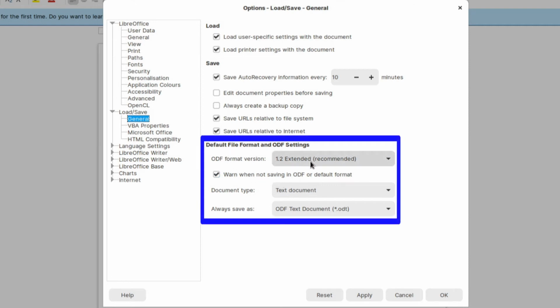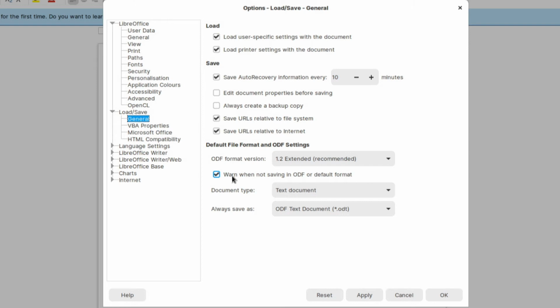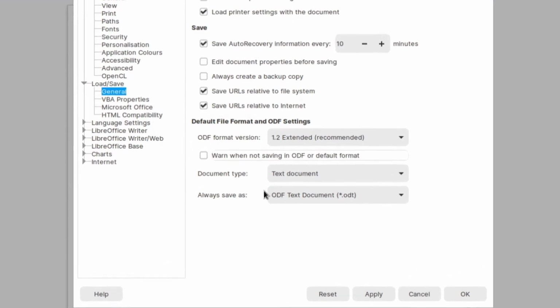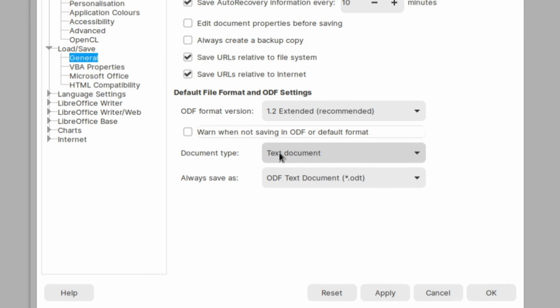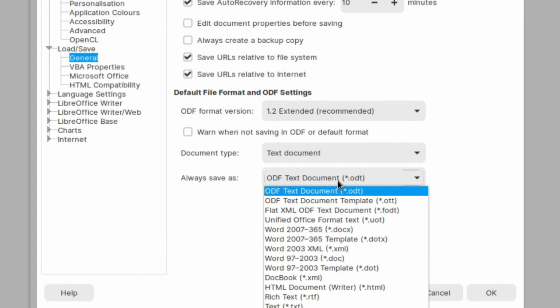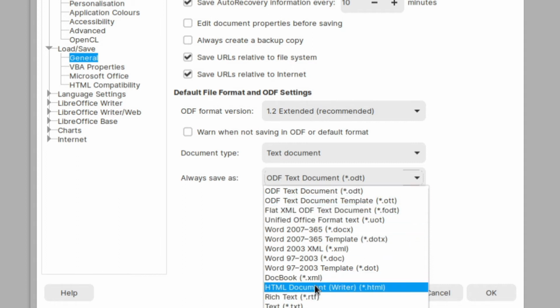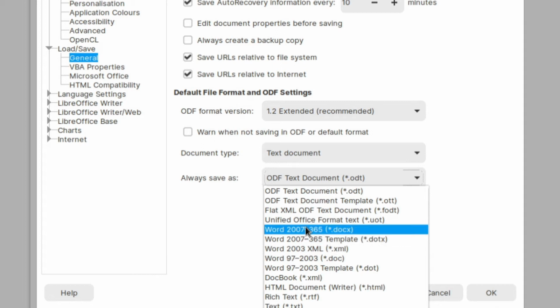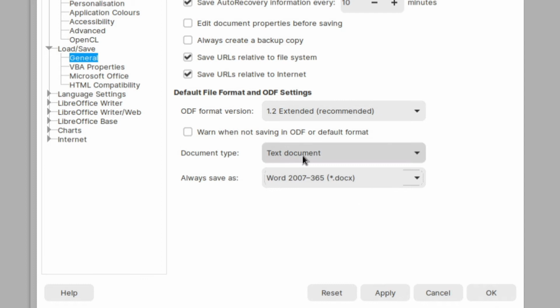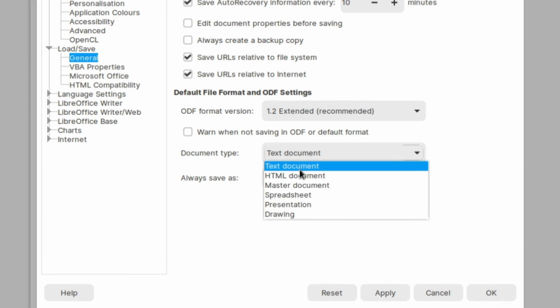file format settings. Because we're going to switch from the default ODF open document format file types, we don't want it warning us every time when we don't save in those, so let's uncheck the box here first. And now let's change our default file types. So for text documents, in other words Microsoft Word type files, if you choose this drop down box here and we choose the Word 2007 to 365 docx as the default,